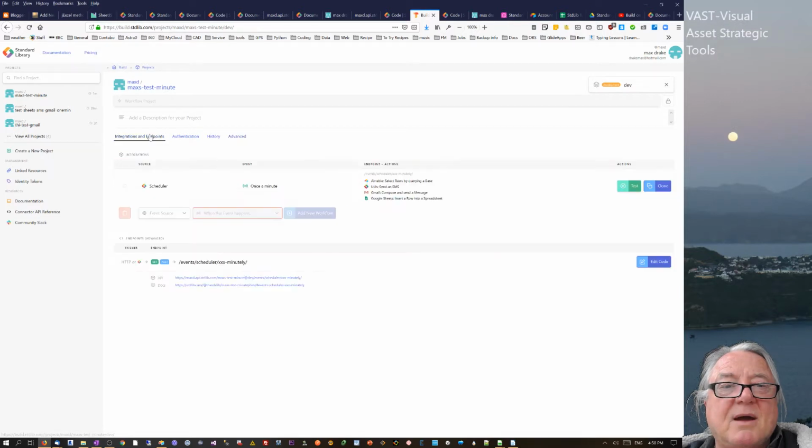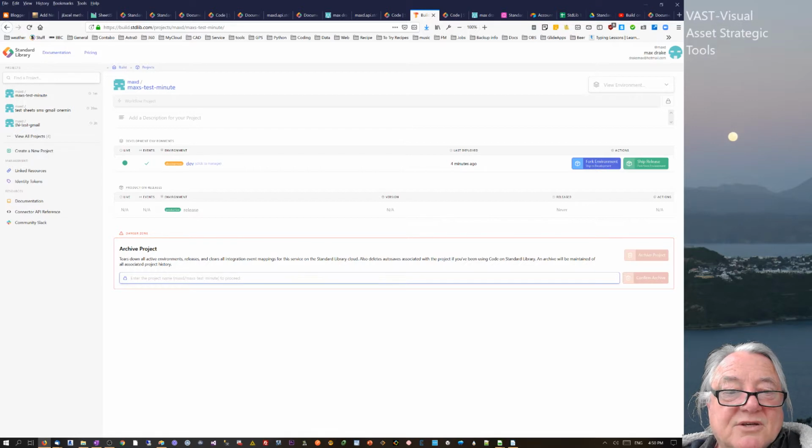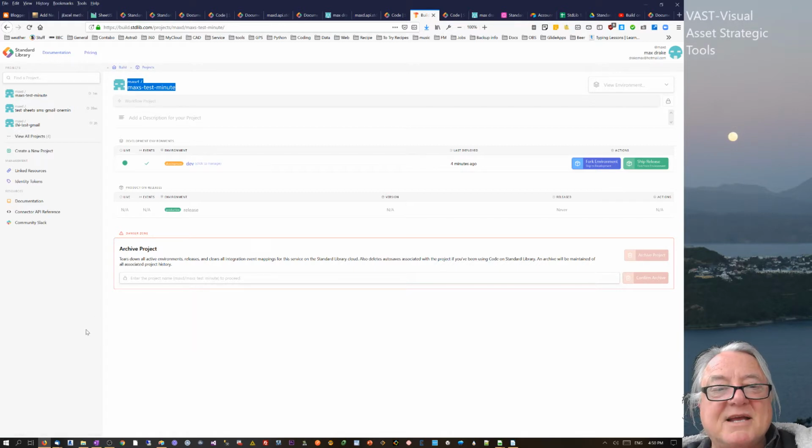I'm not going to do that at the moment. I just want to go back into the main area here. If I actually want to archive the project, again, if you want to bin it, you've actually got to type in all of this, or else cut and paste it from here. But the other interesting thing, if you cut and paste it from there, when it comes into there,